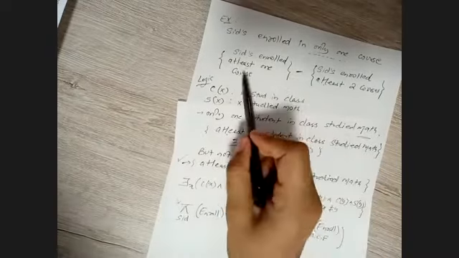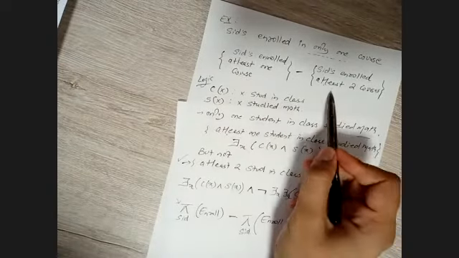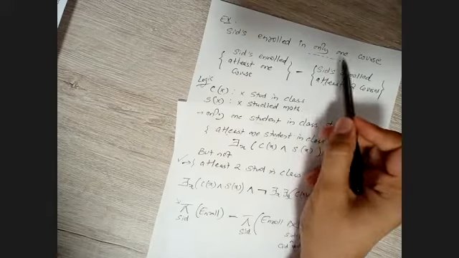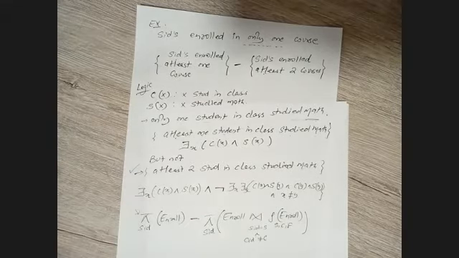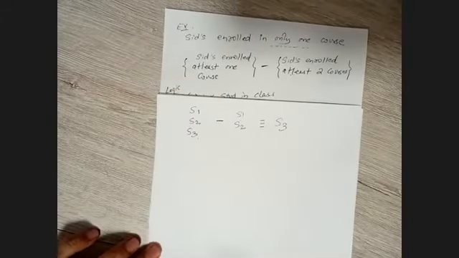We need to find at least one course and take the difference with at least two courses. We will find only one course here. Right? So I hope you have understood. If you still haven't understood, you can rewind the video and clarify. Make sure you have understood this one. If you still haven't, you can ask in whatever way you want. Okay. So we have seen the condition with only.